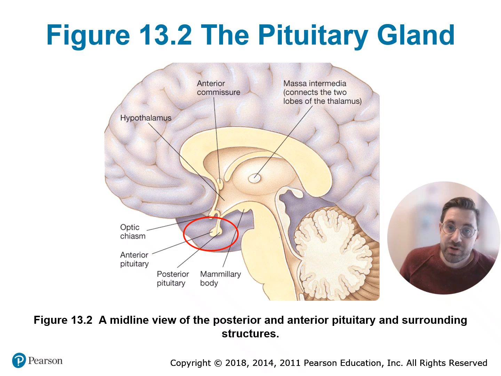One particularly important gland in your neuroendocrine system is the pituitary gland, which is highlighted here on this page. The pituitary gland is kind of a stalk that runs directly off of your brain and is connected to your brain, but it's not technically part of your brain itself. The pituitary gland sits right here and is connected to the hypothalamus. You see the hypothalamus here and the thalamus here, right?